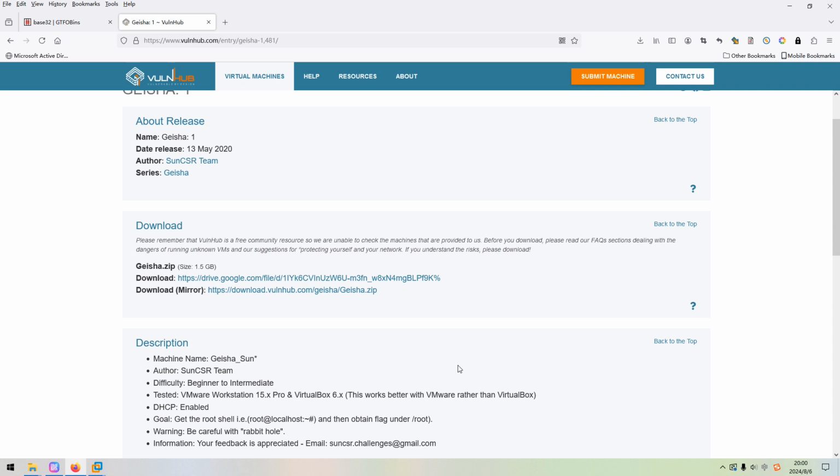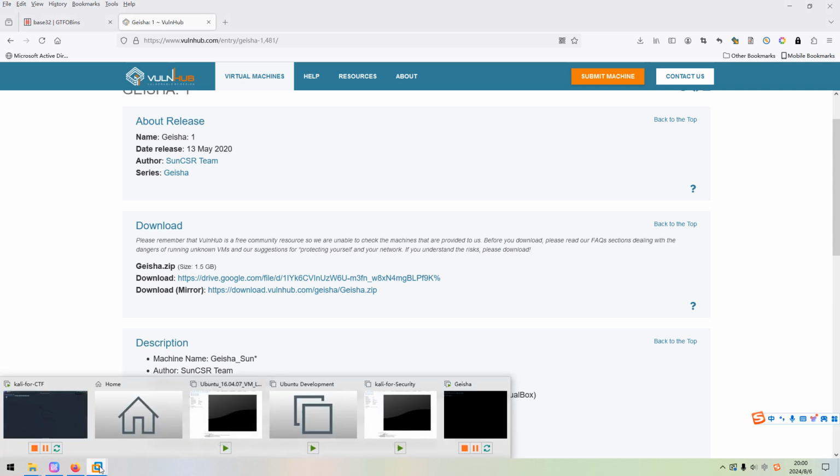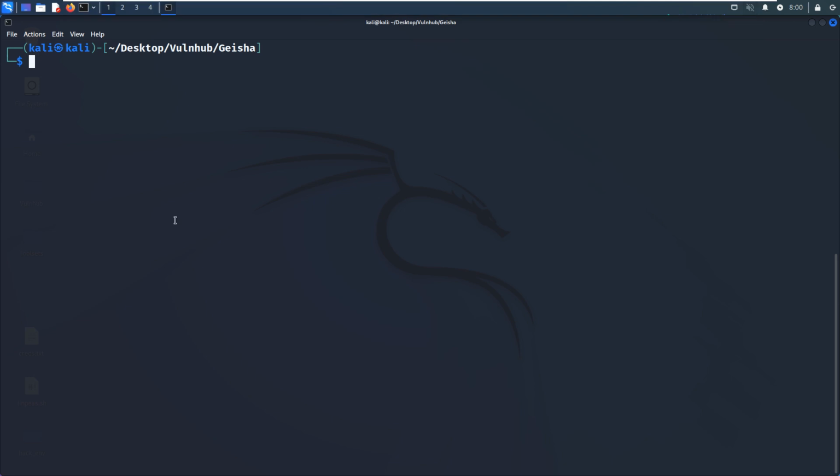We can switch over to the Kali Linux VM. First of all, we need to discover the IP address of the target. The utility I'd like to use, as always, would be netdiscover. As you can see over here, I use the option -i to specify the interface.